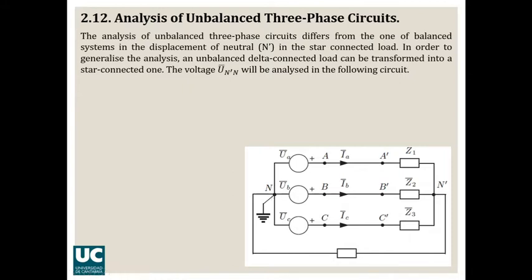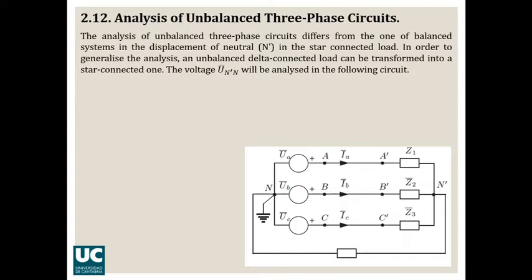So if you remember, at the beginning of this lesson we demonstrated that the difference in potential between the points N and N prime, that is, the difference in potential between the two sides of the neutral conductor, was 0. However, in this case, we are going to calculate the difference in potential, and we are going to see that in this case the difference in potential is not 0. Okay? So, first, the analysis that you have here is for a star-connected system.